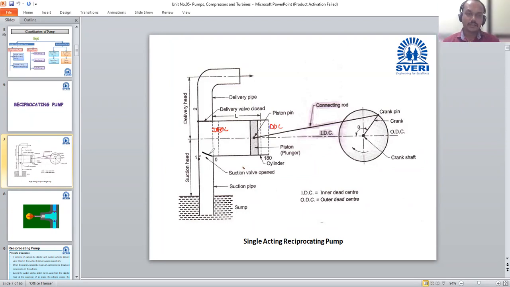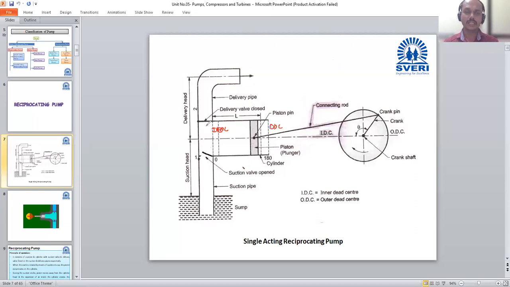On one side, a suction pipe is connected to the cylinder with the suction valve. This is the suction valve. As I have already told you, this is a schematic diagram, so only a line is shown. This is not an actual suction valve. Many industries are manufacturing different types of valves. There is much more study we have to do to manufacture these valves, but in a schematic diagram we can only use that line. So we consider that line as a suction valve.